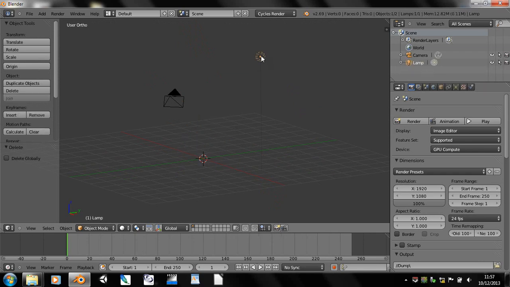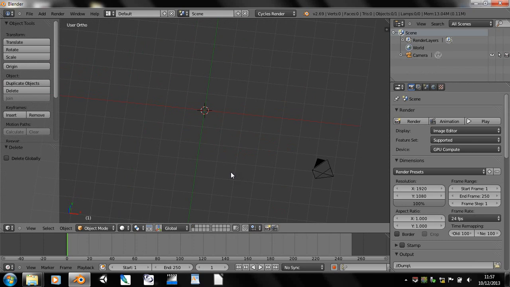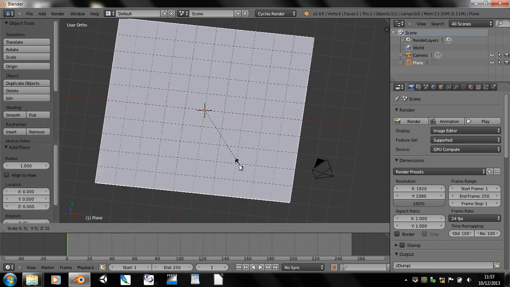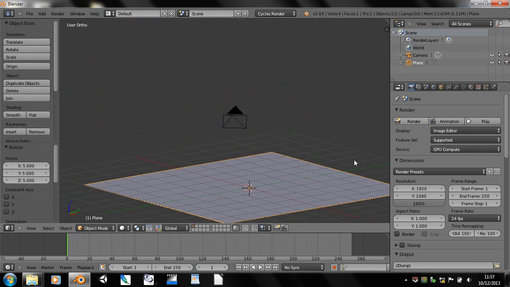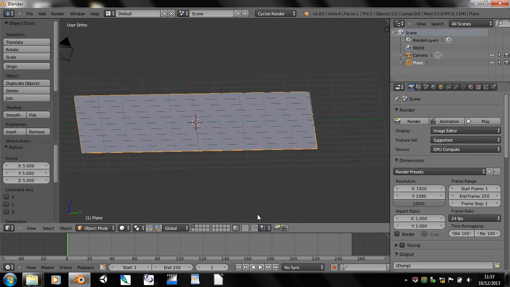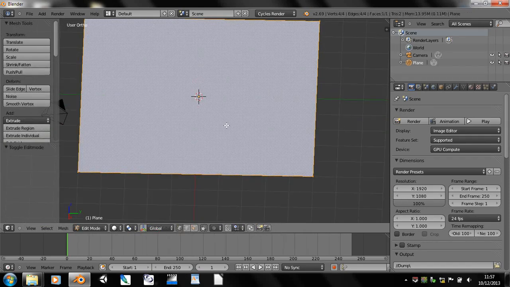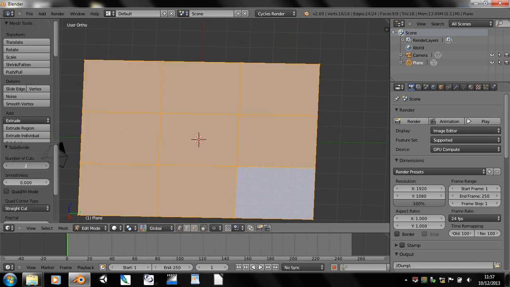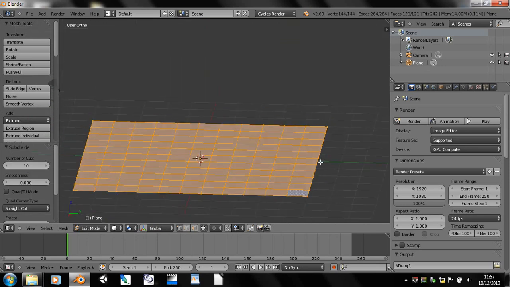Delete default cube and light. So we need to add a sort of a plane for the wrapping paper. So maybe make it that big, and we'll obviously want it to come up a bit. So if we subdivide it by how many cuts, probably go 10, and